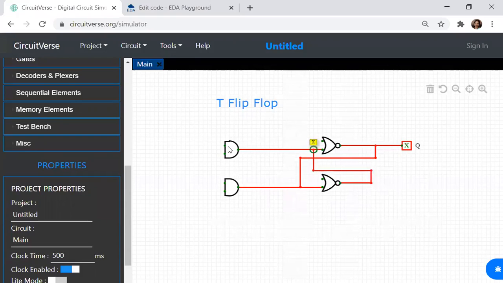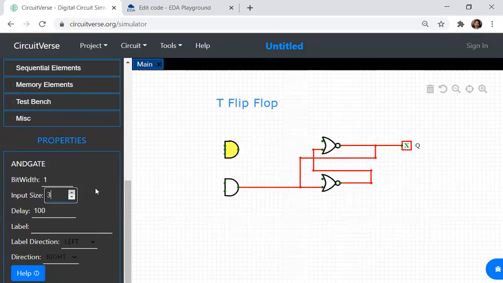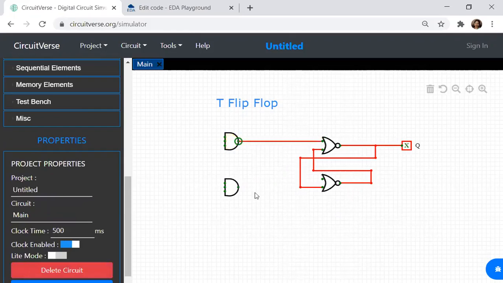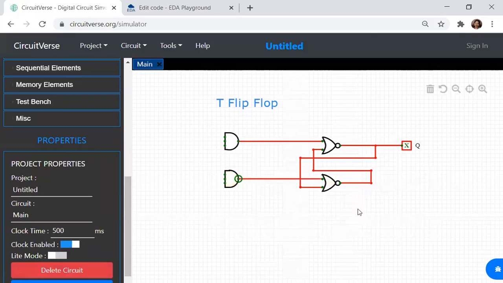Now what happens in this, this is a 3-terminal flip-flop. So 3-terminal AND gate, I've used.